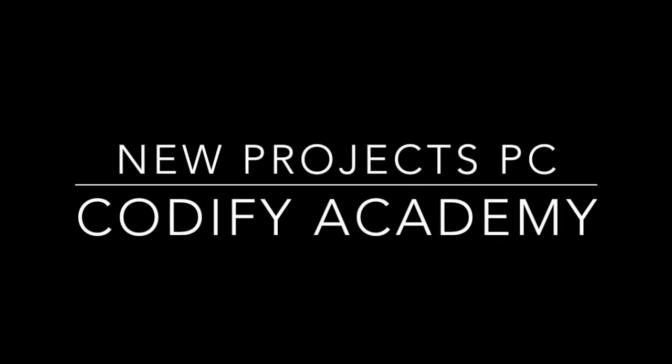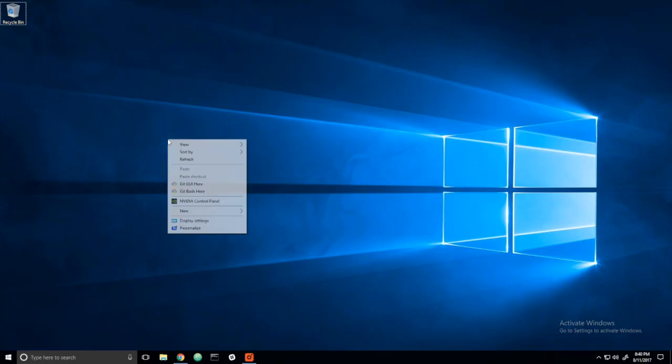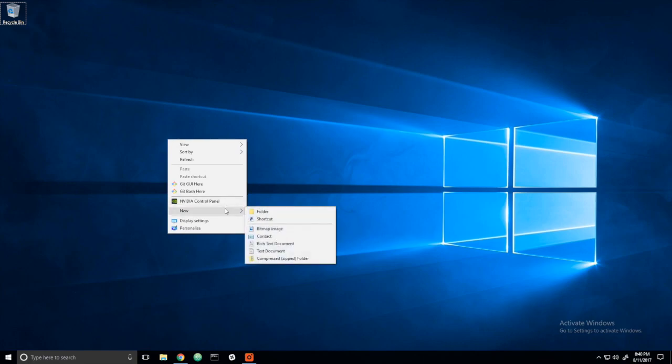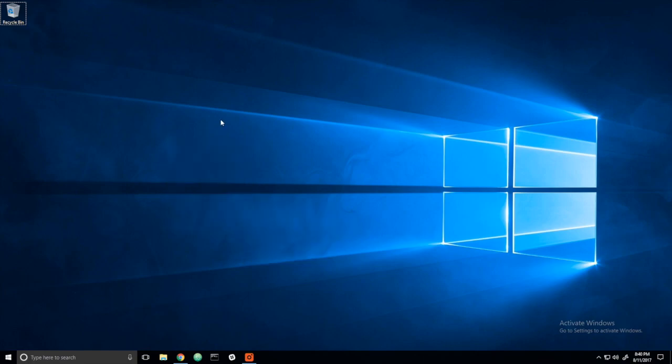In this video, I'm going to show you how to create project folders and files that we're going to need when creating websites. We can right-click on the desktop and go to New, and then click Folder to create a new folder. There's also a shortcut that we can use. Control-Shift-N all at the same time will create a new folder. We're going to use this to save time, so go ahead and try this shortcut, Control-Shift-N, and name the folder